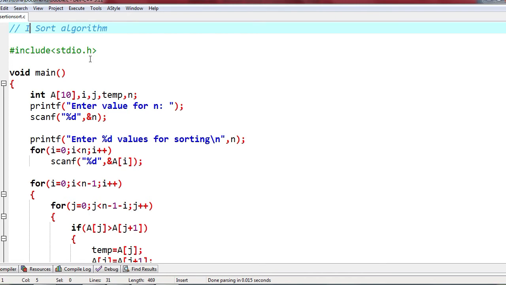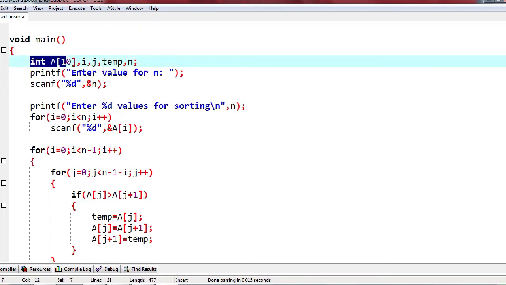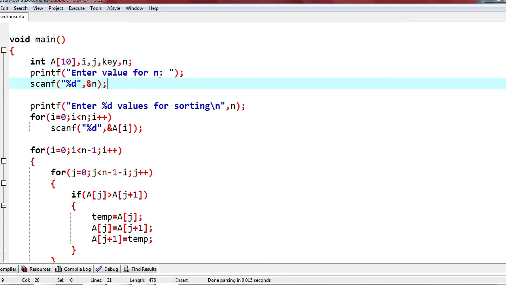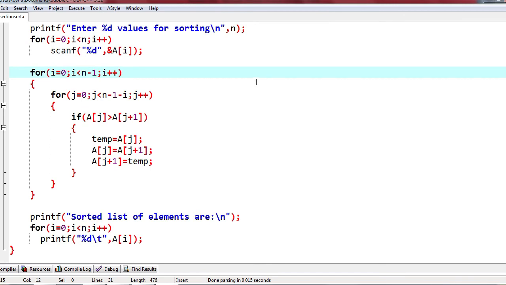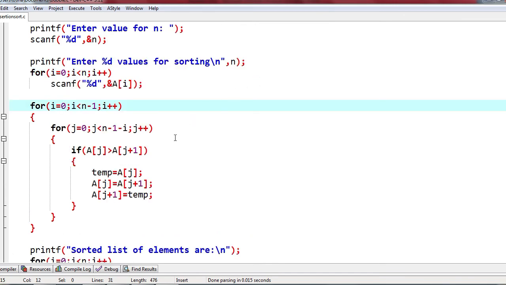We will make changes here, only the loop changes. Initially we have some 10 as a size, and here I'll take it as key. Here we enter the value for n, and whatever value we enter for n, that many values are taken as input values.